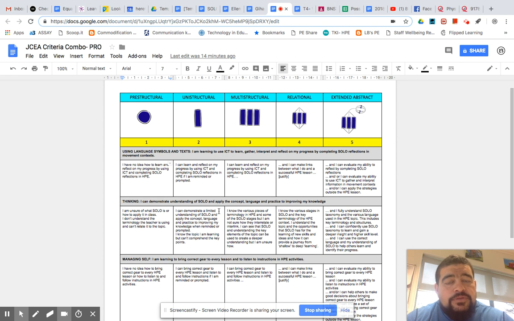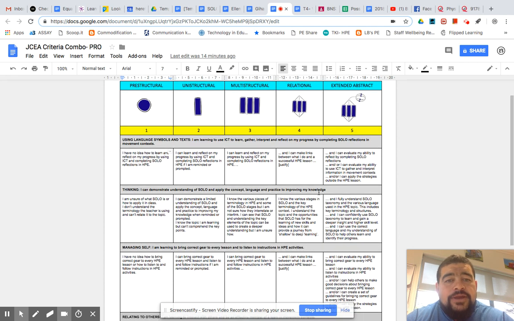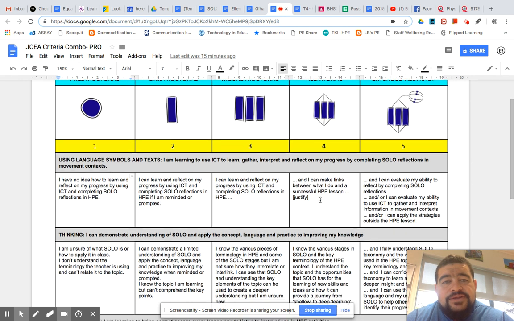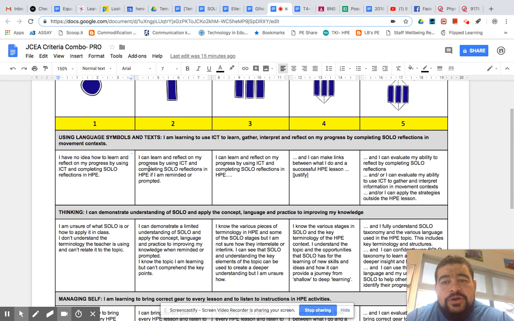So we got the book and we went through and modified what she had to fit into what we wanted, and to fit our clientele and what we felt was important. So if I zoom in a wee bit, we've got the 5 different levels of SOLO taxonomy across the top. And we've broken it down, as I say, into each of the KCs. So these are the things that we want the students to be able to exhibit